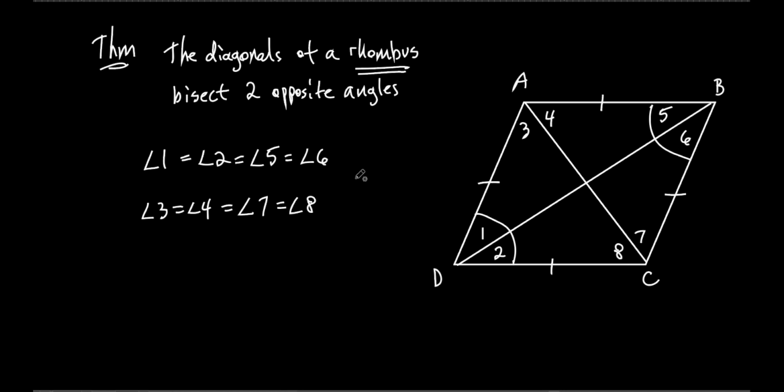All right, one more thing. I'll tell you what, I'll just use this picture right here. One more thing about a rhombus. This is another theorem. It says the diagonals of a rhombus. Let's write that again. So the diagonals, they do something else too. The diagonals of a rhombus